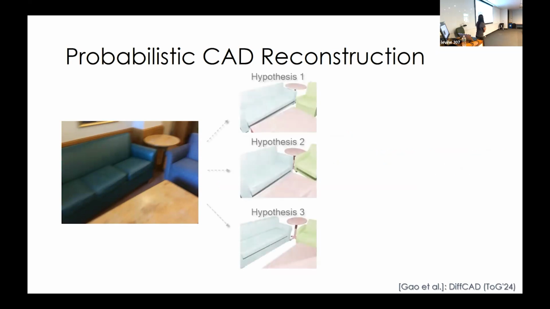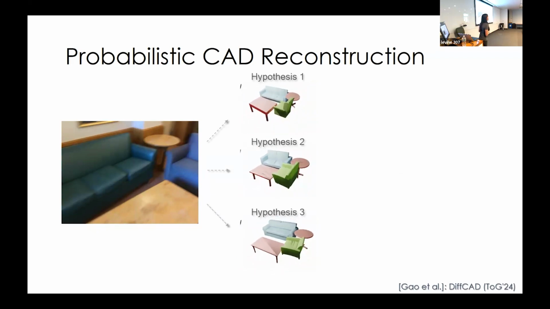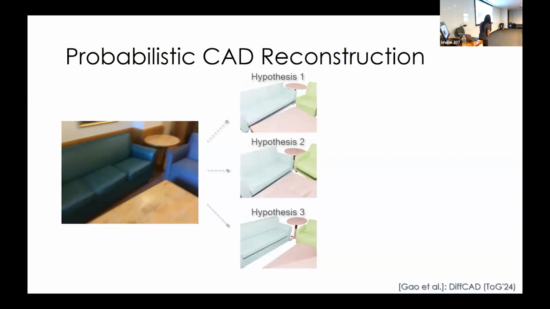So what we have here is an approach that generates a multi-hypothesis reconstruction of the scene. So we can sample n hypotheses. You see these 3 different hypotheses of the reconstruction of the scene. In particular, the size of the couch is varying here because we don't know exactly how large this particular couch is. And if we compose them all together,